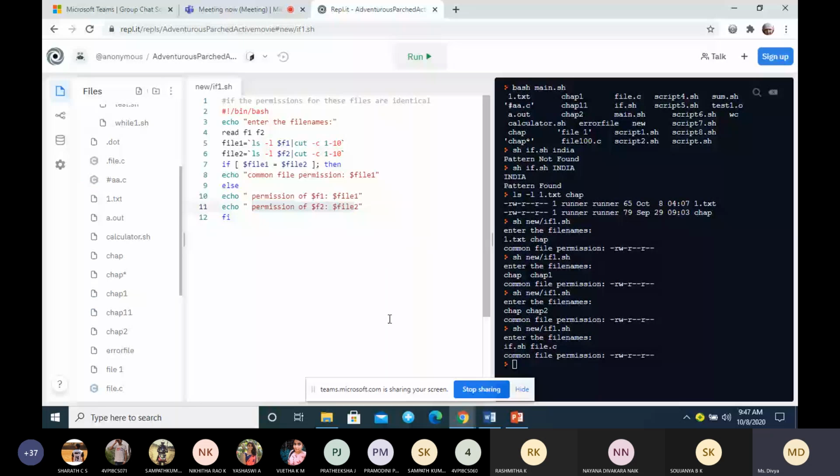So this is one example. This is asked in the question paper: write a program to check whether the two files are having identical permission. So this is one of the simple programs, to check whether the files are having identical permission. So, next one,